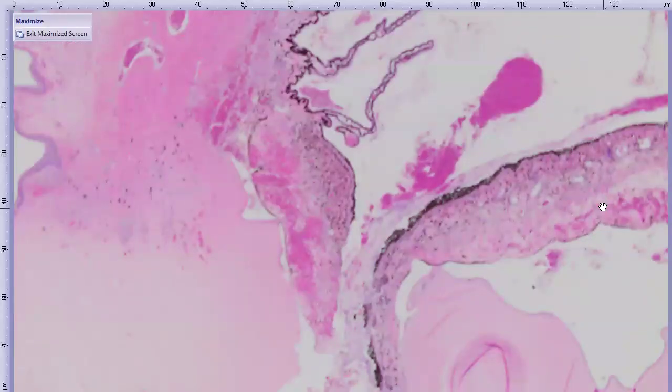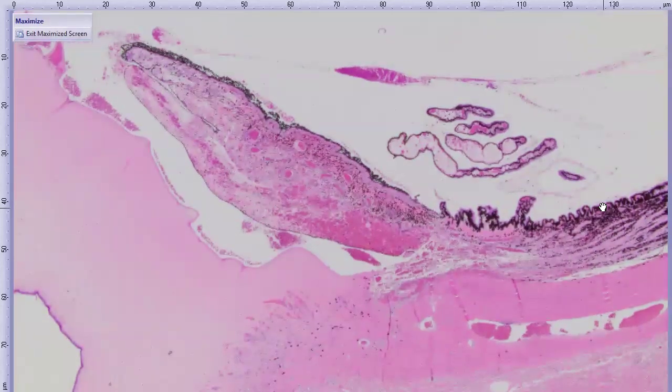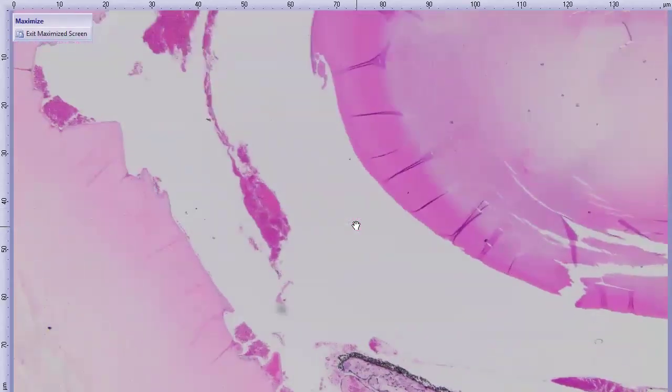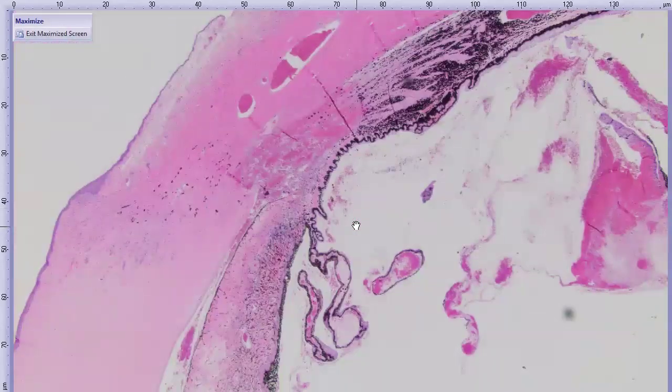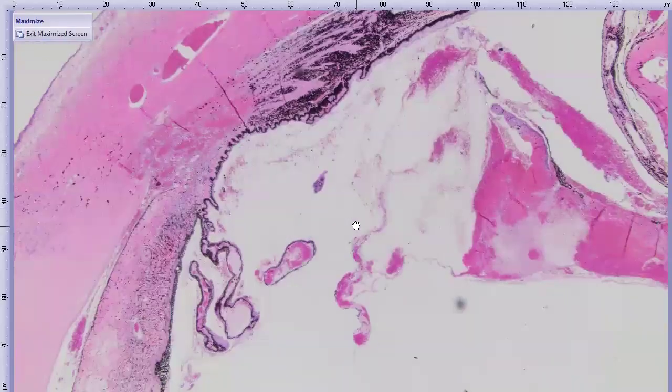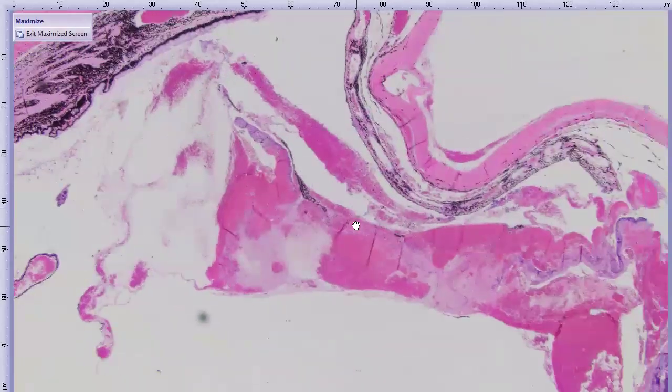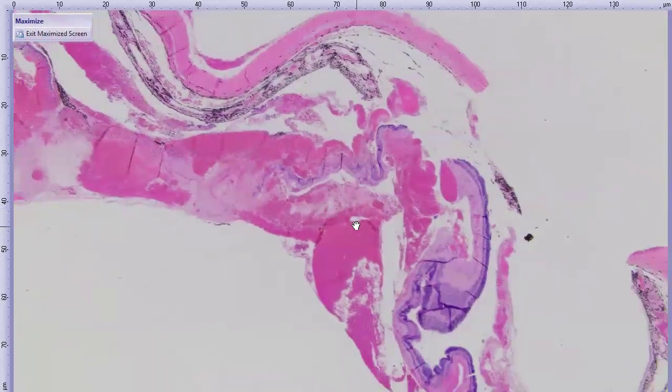And now I'm going to switch back to the whole globe, or kind of the whole globe, because it was collapsed. So there's more of that iridal stromal hemorrhage, and what I mean is this right here. It's blood that's not in a blood vessel. And similar over here, a little bit of hemorrhage here, and there's hemorrhage in all the ocular chambers. And then when we move back to look at the retina,